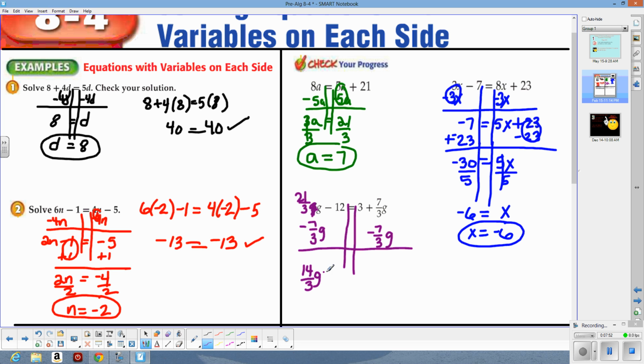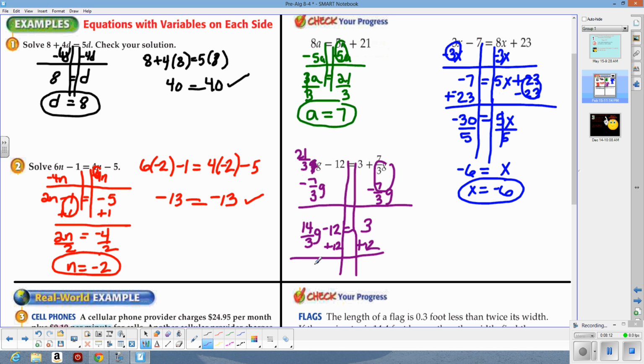Bring down the minus 12 equals, now on this side this is gone and I'm left with just 3. Now to get the g by itself, we're going to get rid of the minus 12 by adding 12 to both sides. So we end up with 14/3 g equals 15. And now our last step is going to be to multiply both sides by the reciprocal, because remember